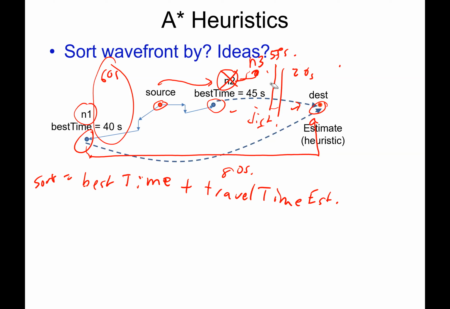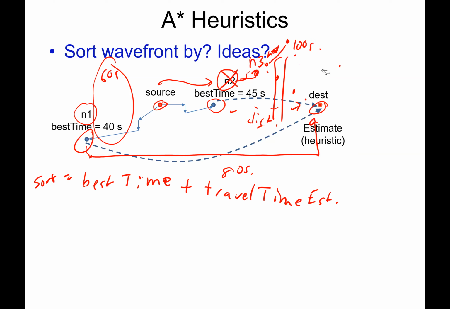And as long as there's no blockage, we'd keep going pretty much straight to the destination, which is exactly what we want. If there was a big highway in the way, though, so that we had to detour far around that highway, so we go to an N4 and an N5 and so on up here, and our time keeps going up because we're going further and further. And at a certain point, we've actually gotten to a travel time of 100 seconds,